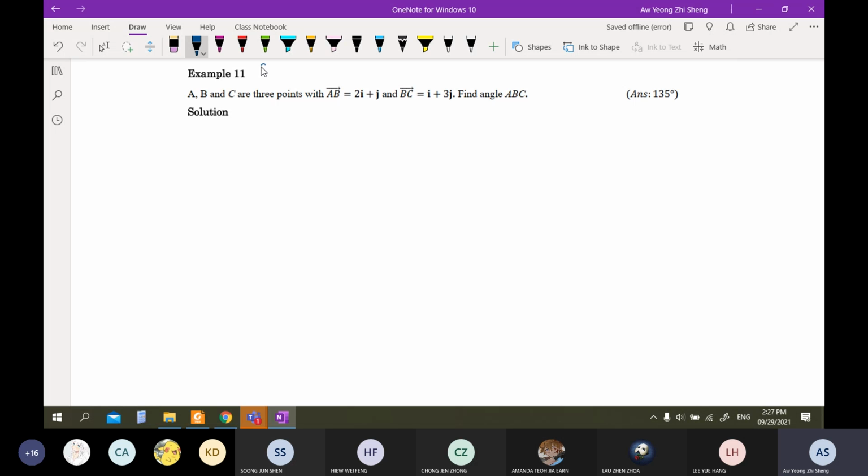This is still a 2D question. Just to warm you up, in the exam questions, it's definitely a 3D question. They won't be so kind to give you 2D. But anyway, just to practice on it,